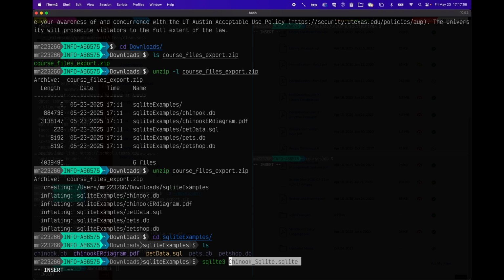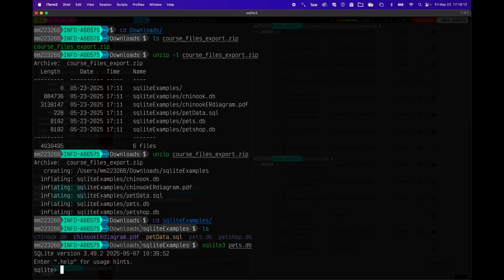I'm going to give the name of pets, which is a very simple file. So I say sqlite3 and a space and then pets.db,